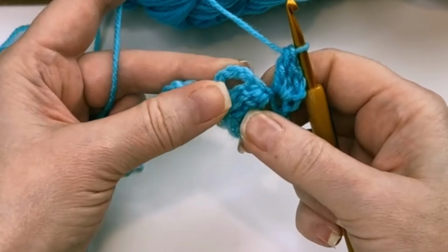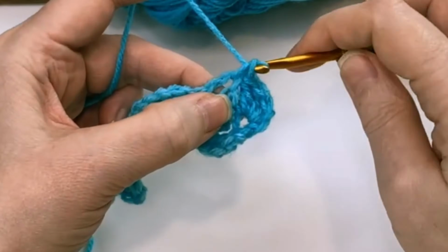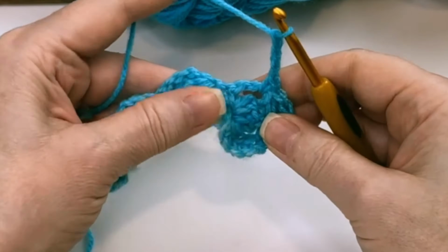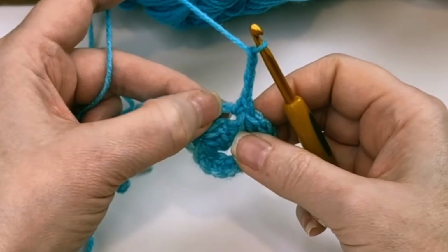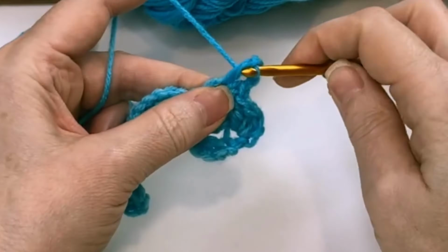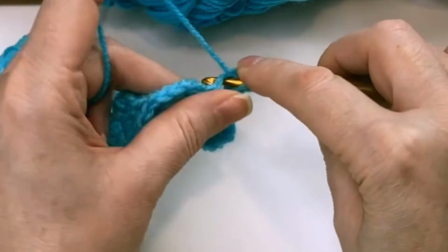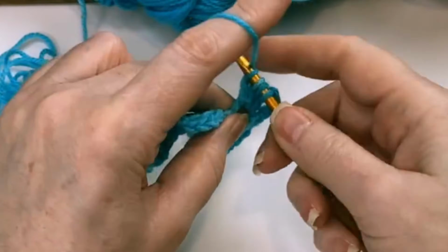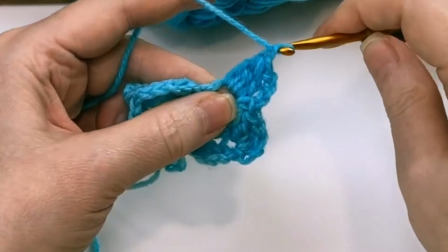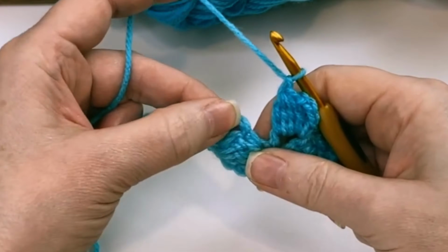We're going to start working into this space, so we're going to put a single crochet into that space, chain 3, and then we're going to put our 4 double crochet cluster into that same space. Chain 1, and then we're going to skip across all of those stitches, and we're just looking for that next